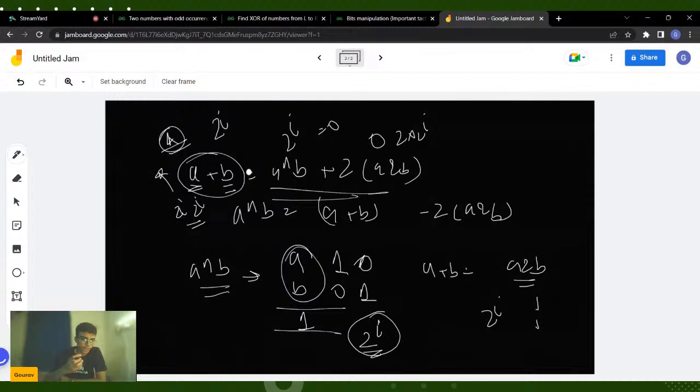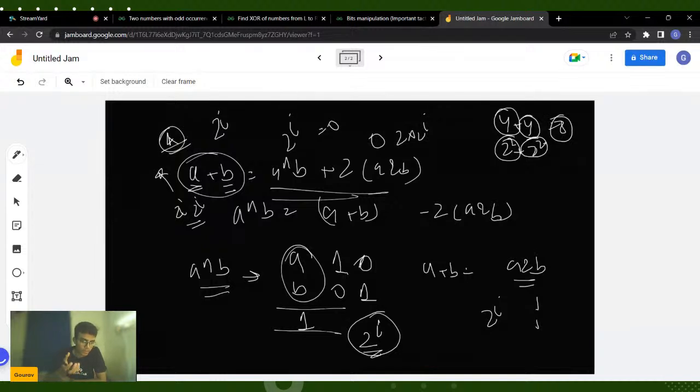The idea of addition: whenever you are trying to add two numbers, if both the bits are set, it is contributing 2 to the power i to the answer, right? So let's say if you're trying to add 4 plus 4, it will become 8. Why is it becoming 8? 2 to the power 2 plus 2 to the power 2. The second bit is set in this number and the second bit is also set in this number. So both are contributing to the overall sum. Okay. So this was the idea.